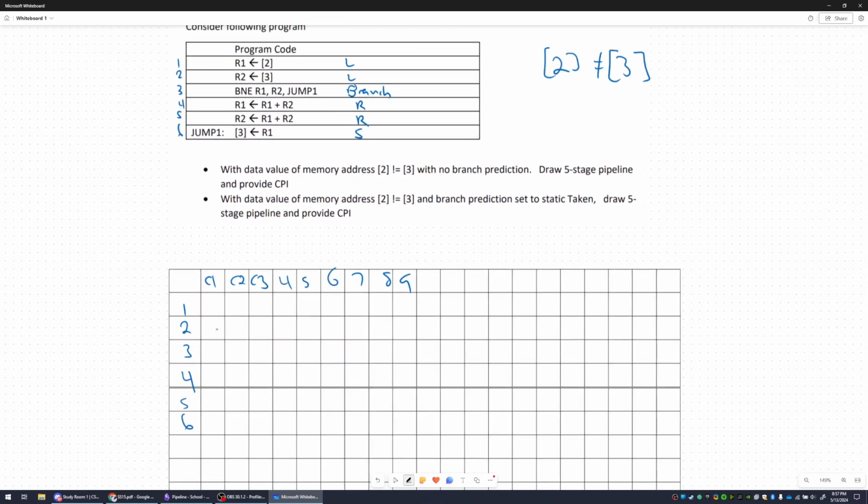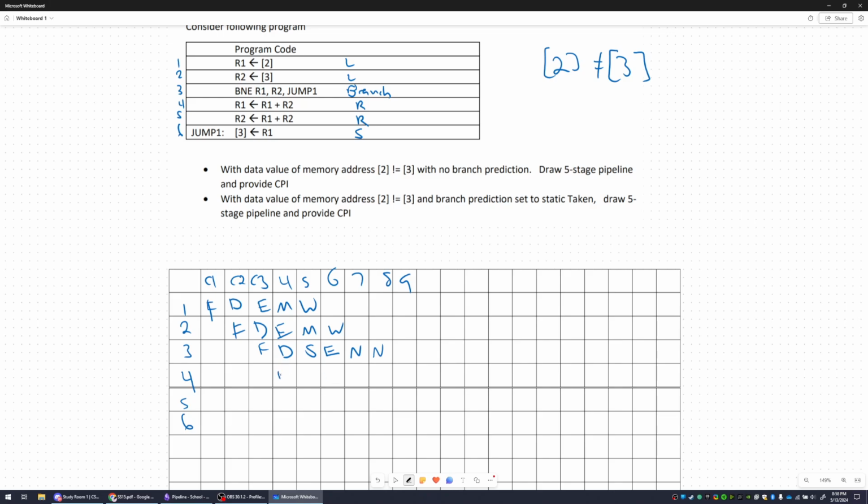Okay, so the first line: fetch, decode, exec, and write back. No problem there. Fetch, decode, exec, mem, write back. Line 3, fetch, decode. Is there any data dependency? Yes, on R1 and R2. So we have to wait for the mem stage to finish on this one, and on this one the write back is done by then. So that'll be fine. So just wait for the mem stage and then exec here, a no op, no op. And then